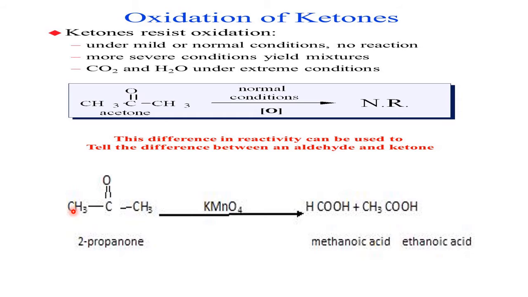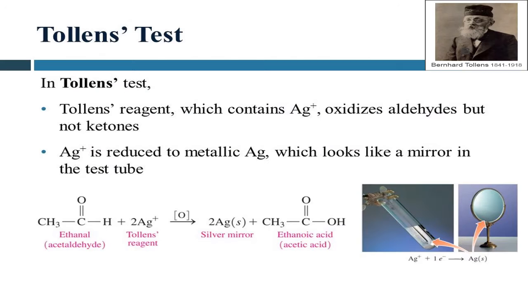Now, for the time being, one example is taken here: propanone, or acetone, gives methanoic acid, or formic acid, and ethanoic acid. Here we get acids with fewer carbon atoms compared to the parent ketone. In the parent ketone we have 3 carbon atoms, whereas in the products we have 1 and 2. So lesser numbers of carbon atoms are there in the products. That is the important point you have to remember, and you have to highlight it in the examination.